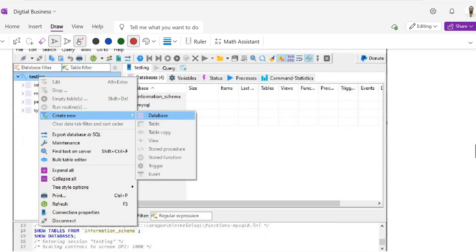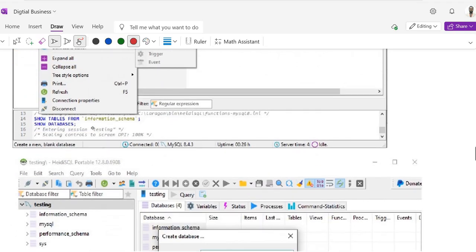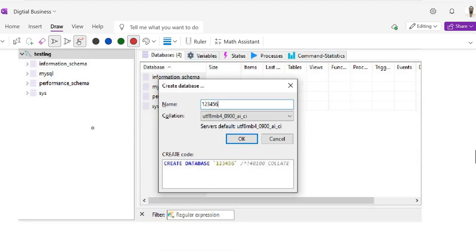As you can see, it will give you a create new menu, and in that menu you will see one database option. Just click on the database. Once you click database, it will show you this menu, and here it will ask you to write the database name. This is the same name of the folder that you have created in drive C, then Laragon,